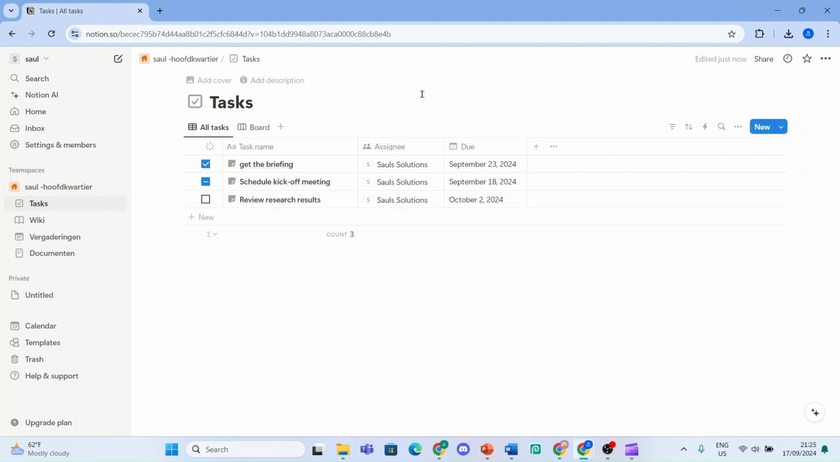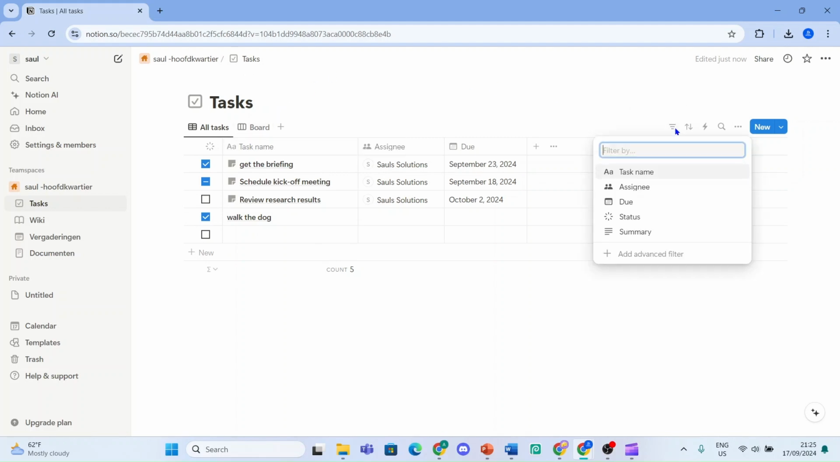Now you can add as many tasks as you want by creating new tasks here down below, and then you can just type them in. Walk the dog, and after you've done it, you can click on complete it. You can give every task a name, and you can even filter your tasks by task name, assignee, due, status,